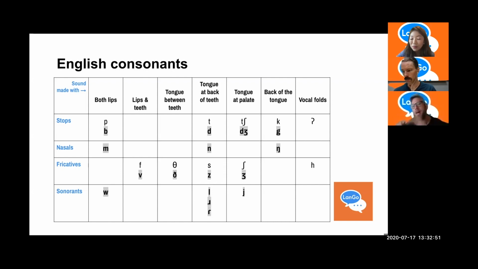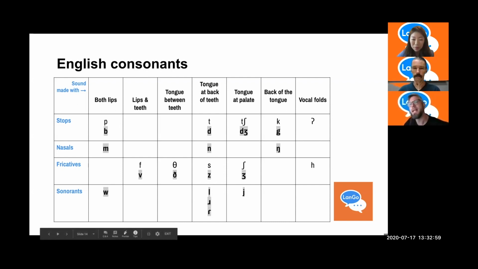There's an R at the bottom of the screen. If you're not looking, it looks kind of like a normal R, except there's no thumb on the top of it. And this R is not a phoneme of English. It is a sound that occurs. And we're talking about the sounds of English, so we're going to do phonemic and non-phonemic. For example, T and D in English become this sound in an intervocalic or intersonant environment.